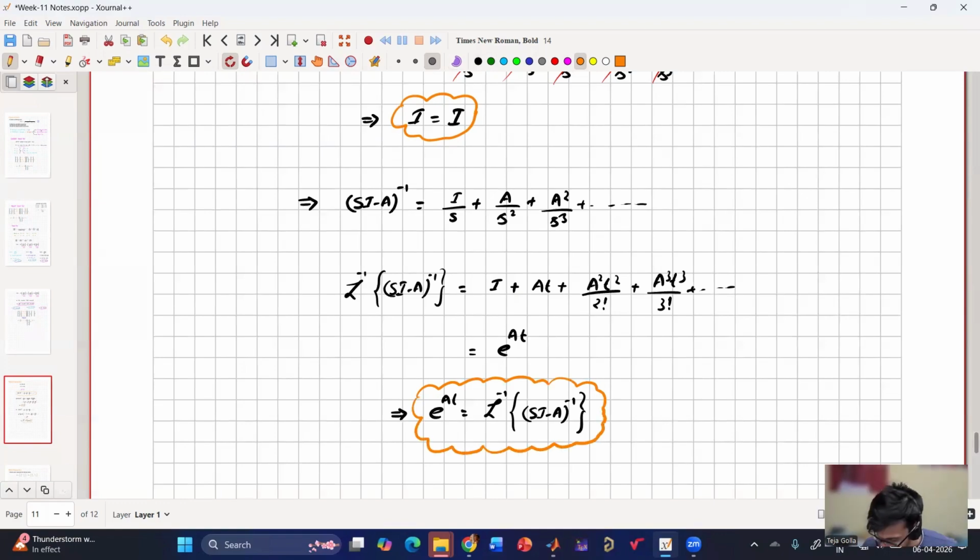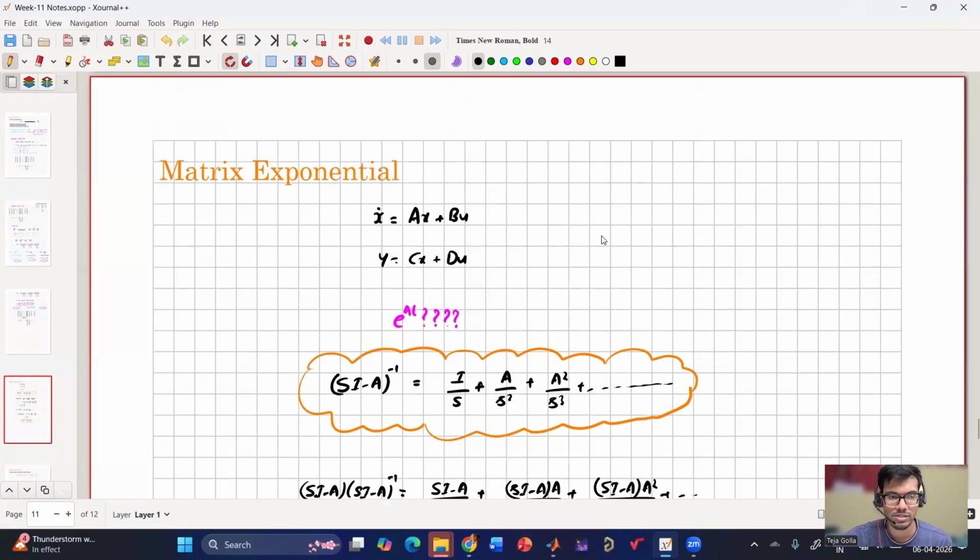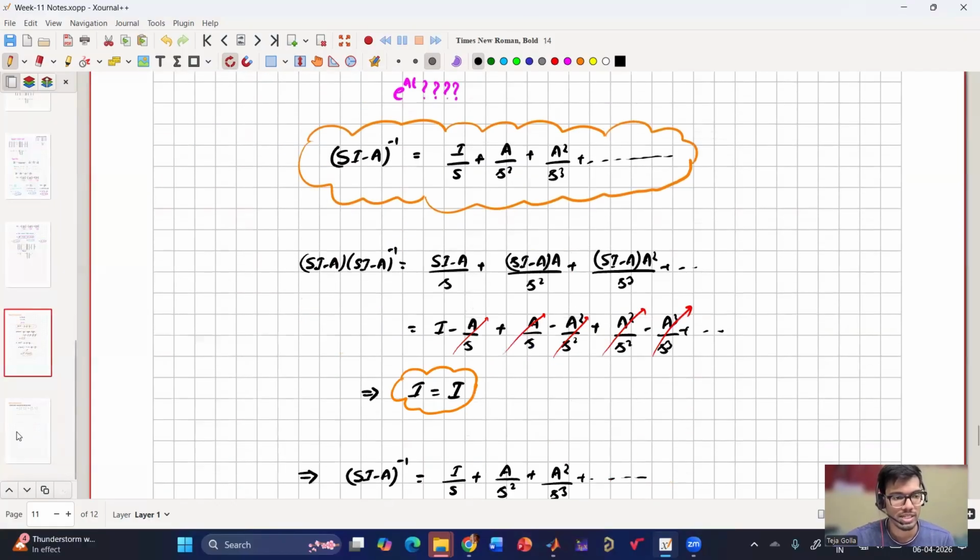Yeah, so e to the power At is nothing but Laplace inverse of (sI minus A) inverse. In this way, we'll get the e to the power At expression for a given A matrix. So if A matrix is given, how can we calculate e to the power At? First, we have to calculate sI minus A, then (sI minus A) inverse, then Laplace inverse of that. So this is a simple concept, but let us apply and solve a few problems and then see how we